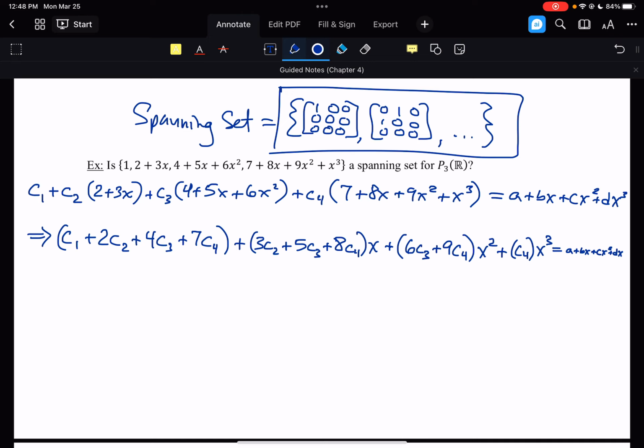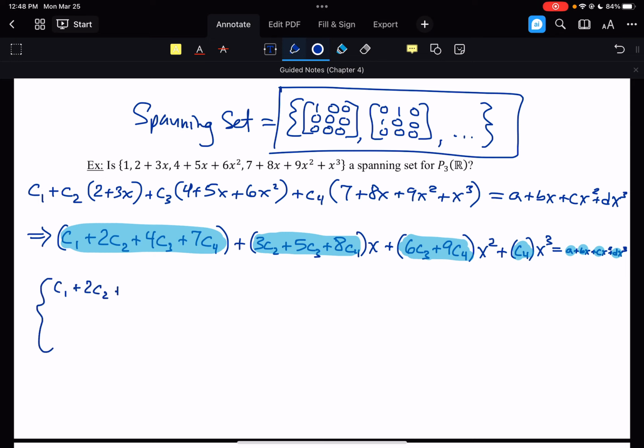This gives us the system of equations because now this constant component here has to be equal to this one. The coefficient on the x over here has to be the same as the coefficient on x over here. And the coefficient on x squared has to be the same, and the coefficient on x cubed has to be the same. Oops, that should be x cubed. So we get